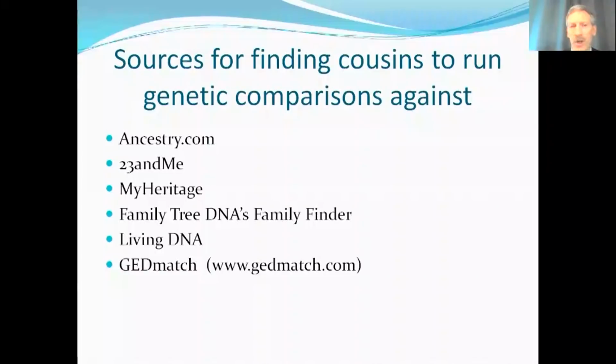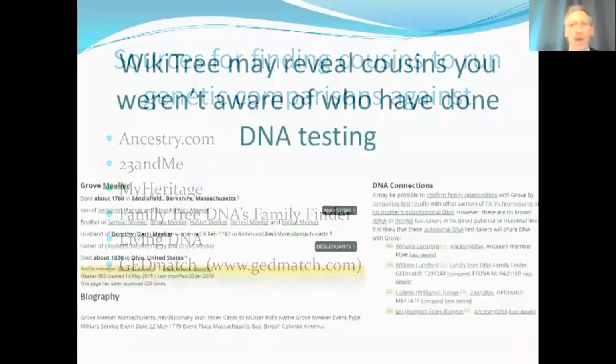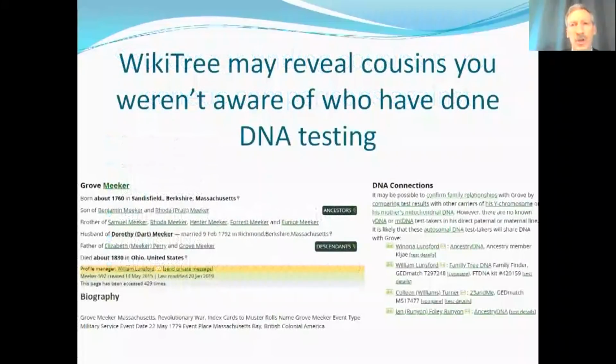And I've listed these here before, and I'll mention GEDmatch, which is an independent company with over 1 million people in its database that you can also run comparisons at. WikiTree is a great source for you to find additional cousins that you hadn't been aware of. And in the next presentation, I'll be using some of the people included on this particular slide. And you can look up any ancestor of yours and see who's been tested and potentially get their GEDmatch kit